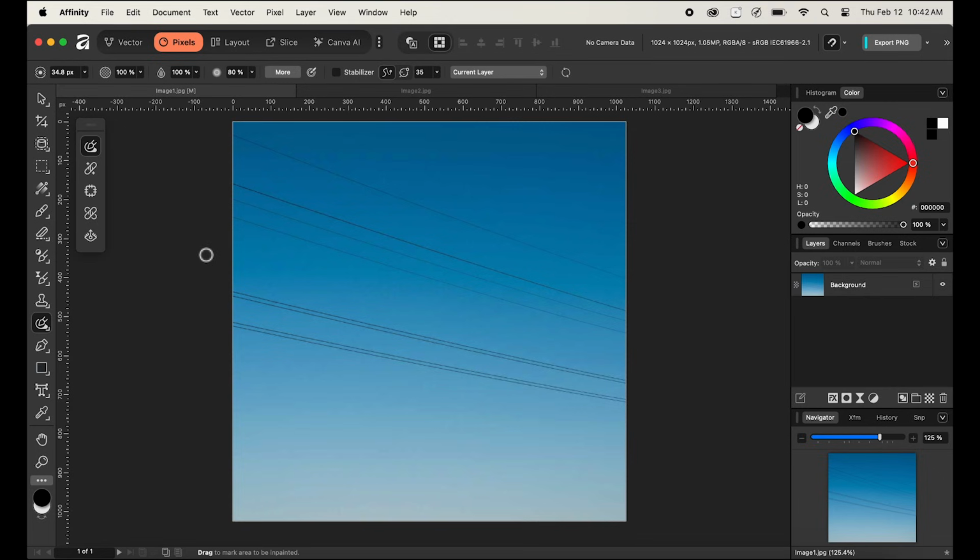Now the next thing we need to do, before removing a wire from an image, is select that particular image layer to tell Affinity which image we want to get rid of an element from. So we'll navigate to the right and select the background image inside the layers panel. After selecting the background image, this tells Affinity that we are removing elements from the background image. Now, by holding down the shift key, we'll